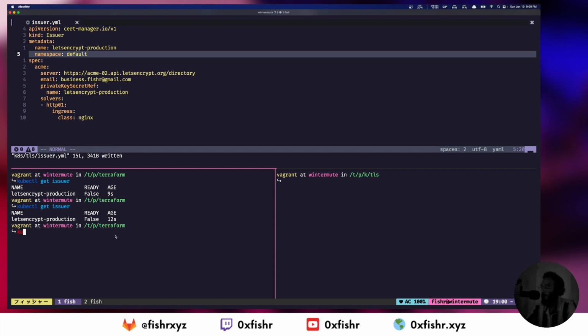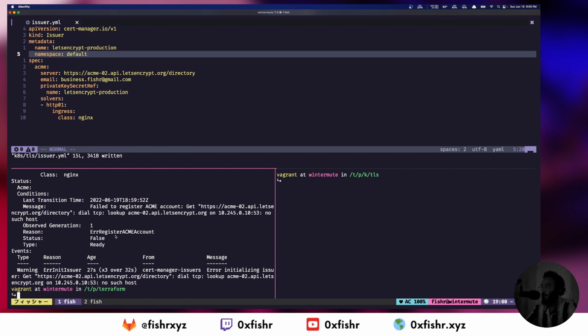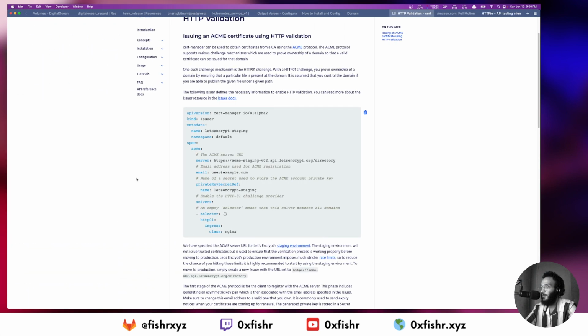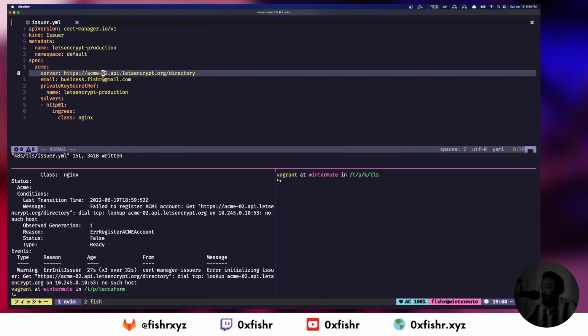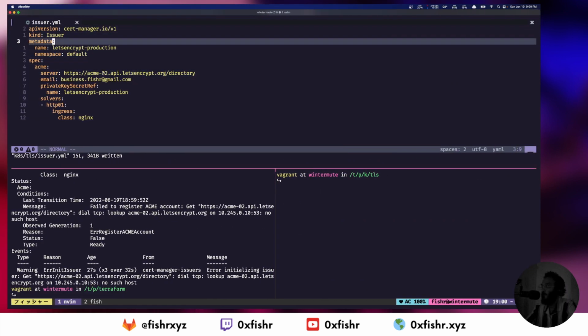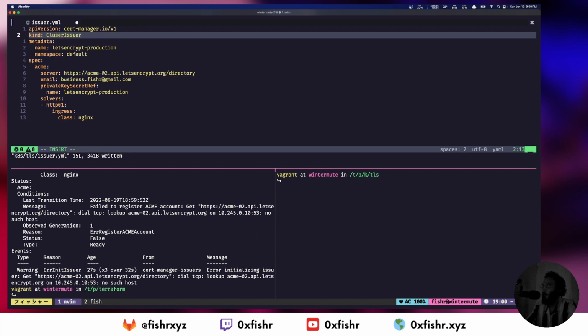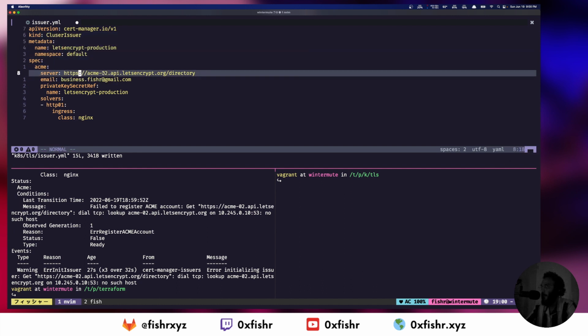Actually, now I'm a bit confused as to why. So let's do describe issuer, let's encrypt production. Initializing dial lookup acme02 API letsencrypt.org. So what is the problem with this? Oh, the URL is wrong. So I wasn't wrong. Let's go back to create the cluster issuer, and it's